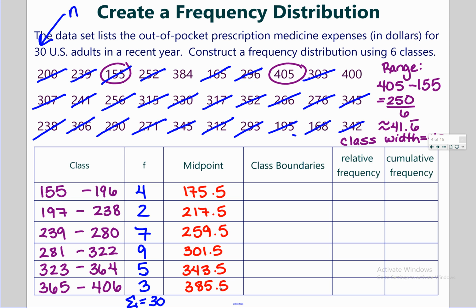Okay. Class boundaries, we're just going to take our classes and extend them a half unit in either direction. So instead of starting at 155, I'm going to start at 154.5, half a unit down. And instead of ending at 196, I'm going to go half a unit up, 196.5, which is where the next one's going to start. 196.5, 238.5, 238.5, 280.5,